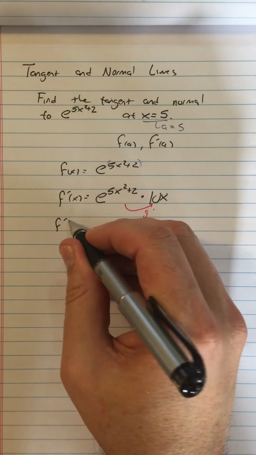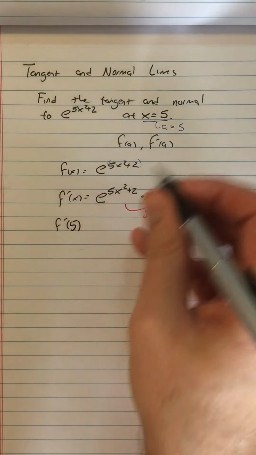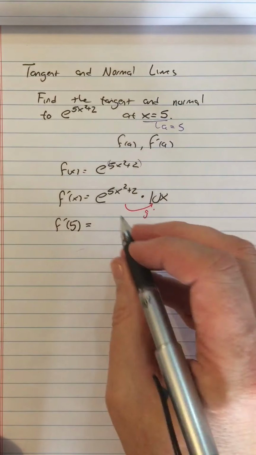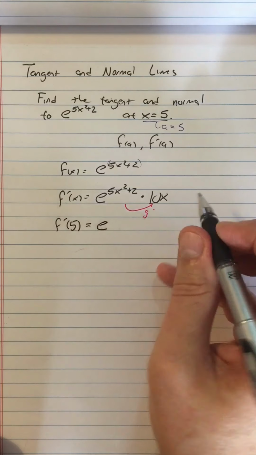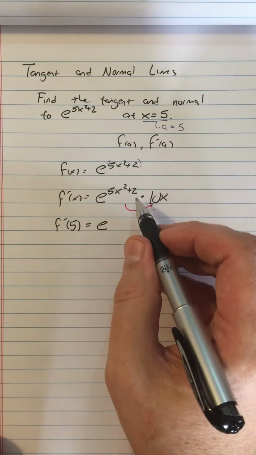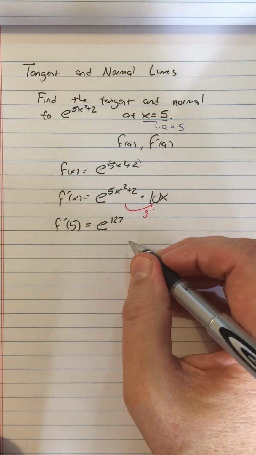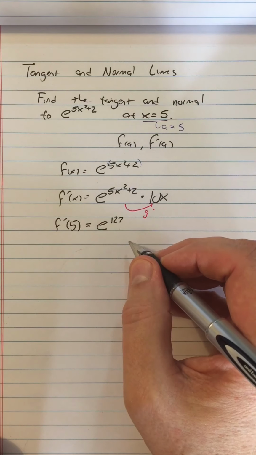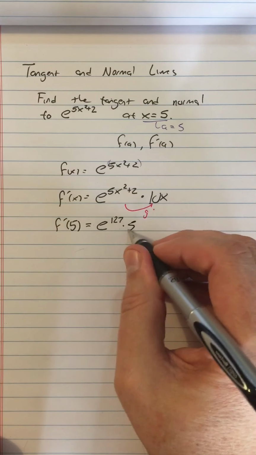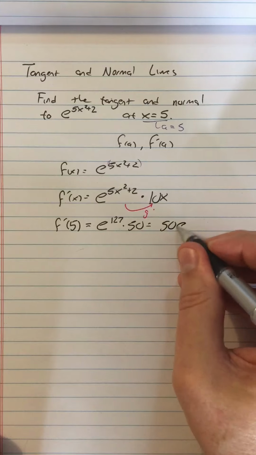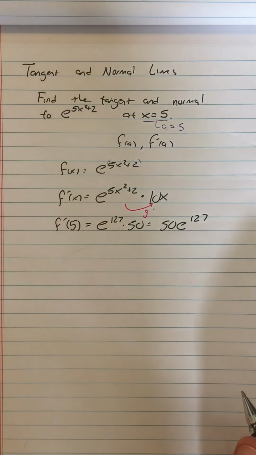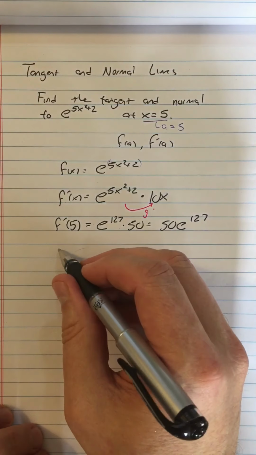And then f prime of 5. So we're doing it at x equals 5. It looks to me like we're going to end up with some huge numbers here, but that's okay. We've got calculators, no biggie. I have e to the, so 5 times 5 squared is 125 plus 2 is 127. e to the 127th power, that's a huge, huge number. But again, we have calculators. And then I'm going to be times 50, so it's equal to 50 e to the 127th power. All right, so then I'm ready to write, I guess I need to know what f of 5